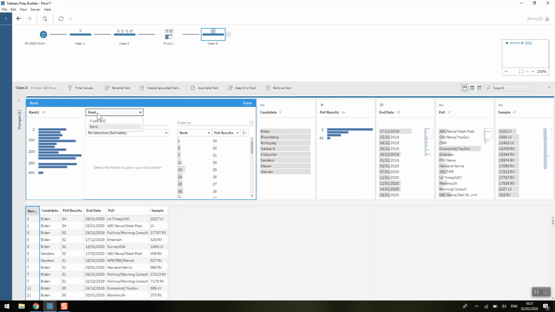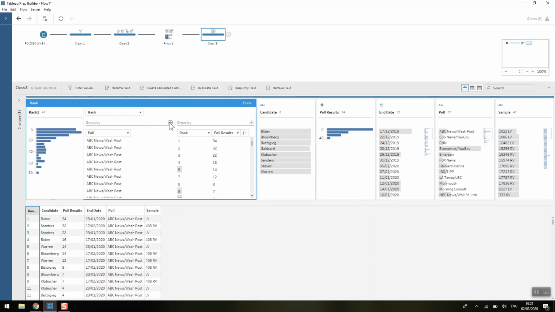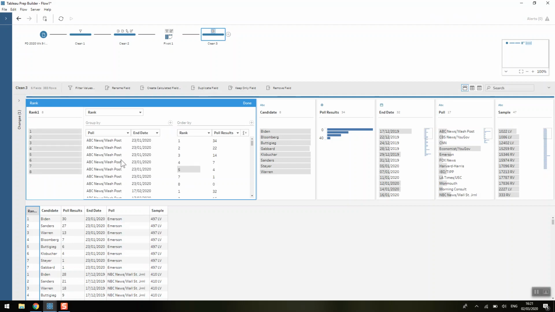So, yep, we're doing a rank. You can also do a fixed LOD in this way. We're going to want to group by the poll, but then also by the end date, because there might have been multiple polls of the same name carried out across different months. Okay,